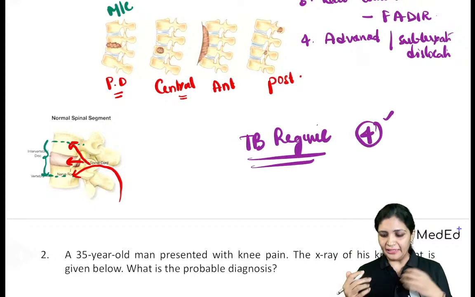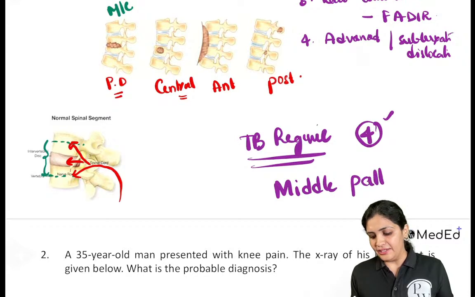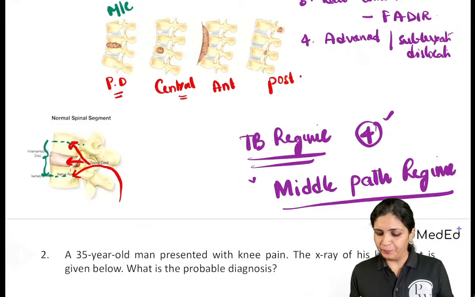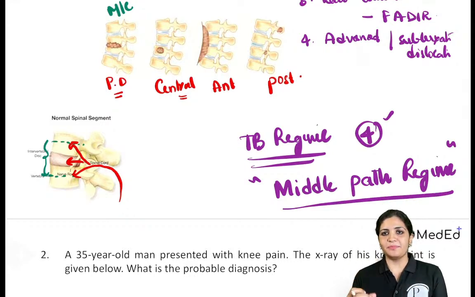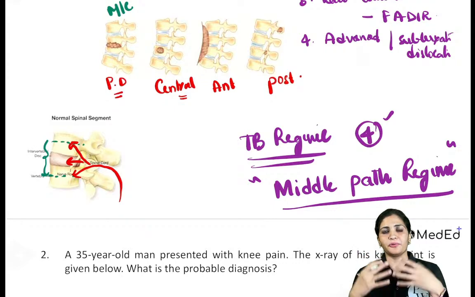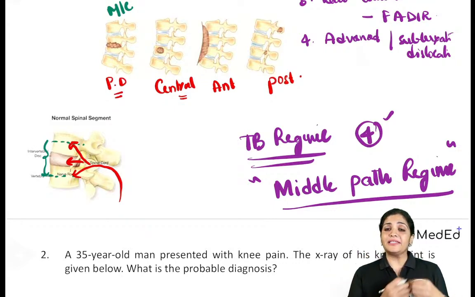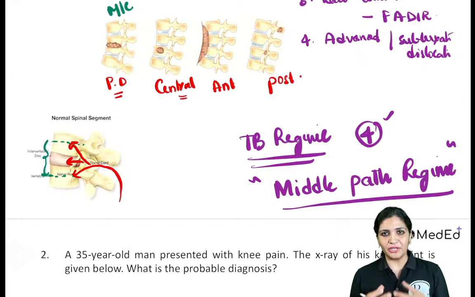So that is how you treat the TB drug. And one important thing which you have to remember is the middle path regime. This was given by SM Thuli. He has done extensive research, and this middle path regime states that whenever a patient has tuberculosis, he is not supposed to be taken directly to surgery, but can be treated conservatively with anti-tubercular drugs and proper nutrition and proper care,